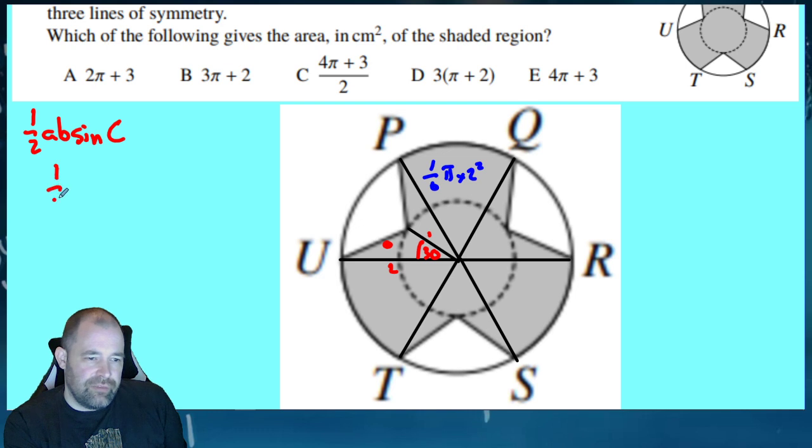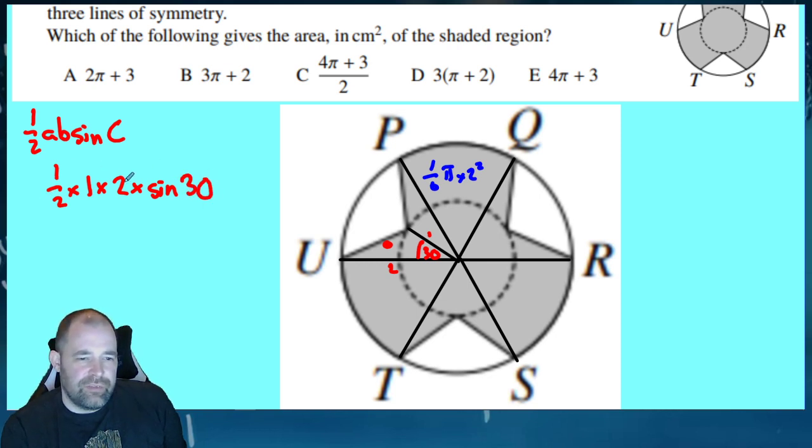It's going to be half times a times b times sine of 30. Now sine 30 is a half. Half of 2 times a half is just going to be a half. And we have 6 of those. So the triangles